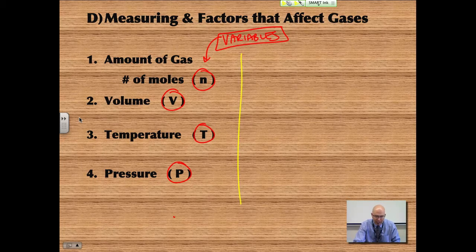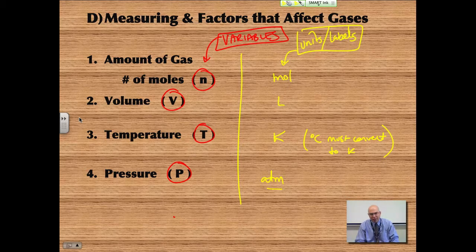Our units are labels. Obviously, the amount of a gas is in n, the variable for moles, so that's going to be moles. And again, these are our units or labels. Moles. Volume, we're going to use in liters. Temperature is going to be in Kelvin. Remember, if you have degrees Celsius, you must convert to Kelvin. And I'm going to remind you, it's not a must, but for the constants that we're going to use for the ideal gas laws, as we get to it, you'll see that it needs to be in Kelvin. Okay, and pressure, I'm going to put atm, and that's primarily what we're going to be using,